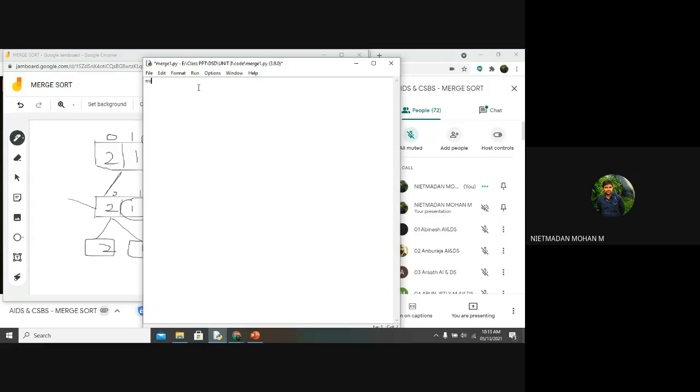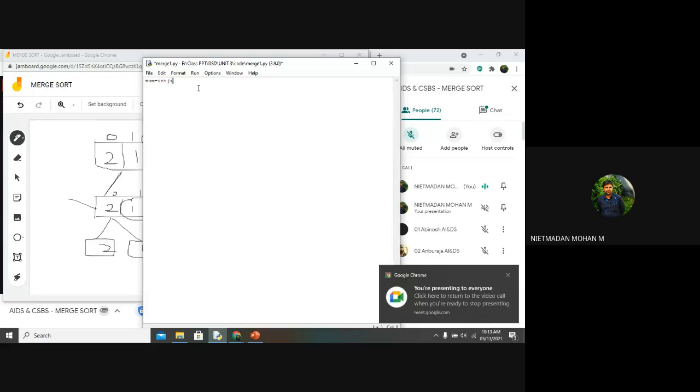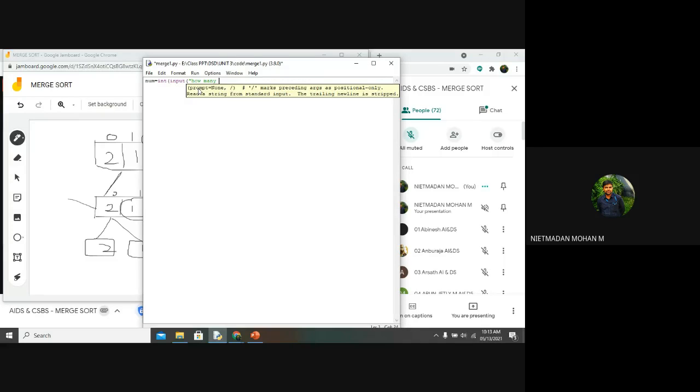So in this, num is equal to int of input, then list 1 is equal to, and it is in range, and so on.